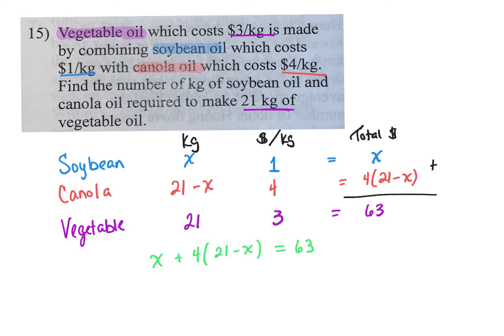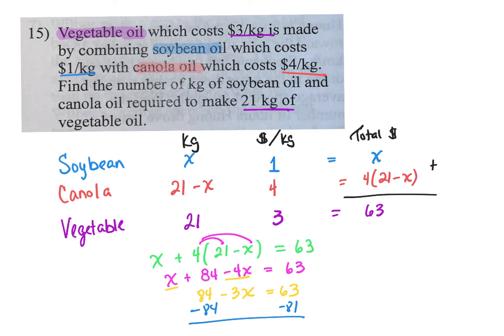And to solve, we're going to do what we have always done to solve. Distribute, combine like terms. Variables to one side, numbers to the other, and divide. So we have x, distribute that 4. 84 minus 4x equals 63. Combine my like terms, x and negative 4x gives me negative 3x. Subtract over. Negative 3x equals,